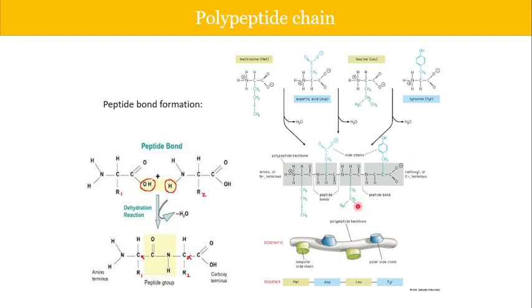Now, the polypeptide backbone is formed of your nitrogen coming from your amine or your N terminus. Then this is your alpha carbon to which your side chain is attached, followed by your carboxylic acid group carbon, and then the pattern gets repeated in a similar manner. So it's N, C alpha, C, N, C alpha, C, and in this pattern you get the polypeptide backbone. And the sequence is written from the N terminus to the C terminus.